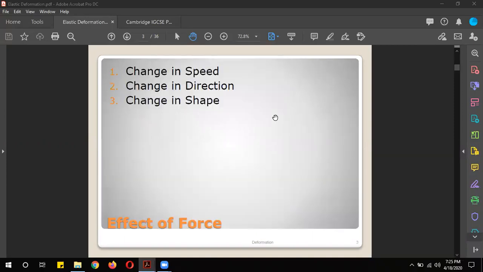Okay? Yes, sir. Then we studied what the effects of force are. Force produces change in speed. For example, if a ball is moving in a direction and somebody wants to stop it, it can be stopped with a force. Same when you hit a ball that is coming from the bowler, through the force we can change its direction. So force also brings change in direction, and also change in shape. For example, if we apply force on something, it distorts its shape.